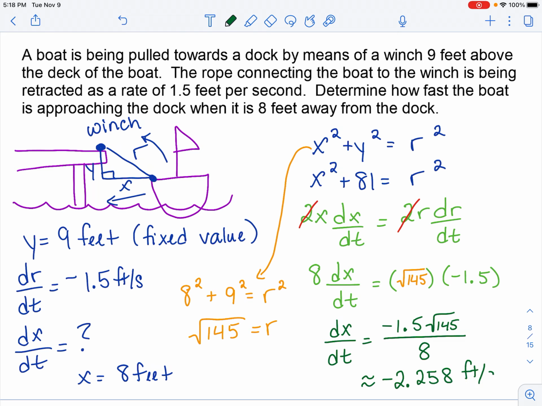And this is also in feet per second because we're talking about a linear distance changing. It is a diagonal linear distance, but it's still linear distance. It's one dimensional, so it's just feet per second. It's not square feet or cubic feet. Okay, so that is the boat being pulled by a winch problem. Let me know what questions you